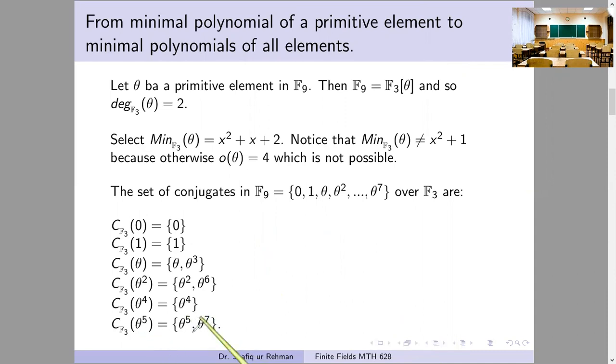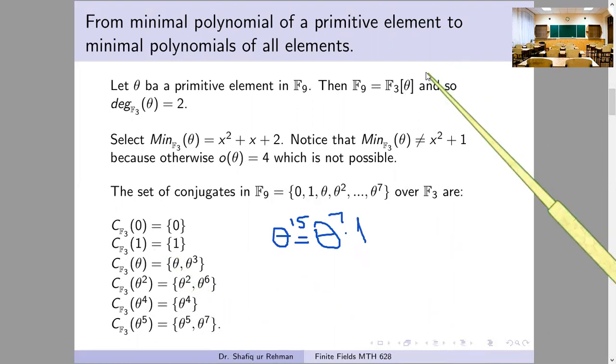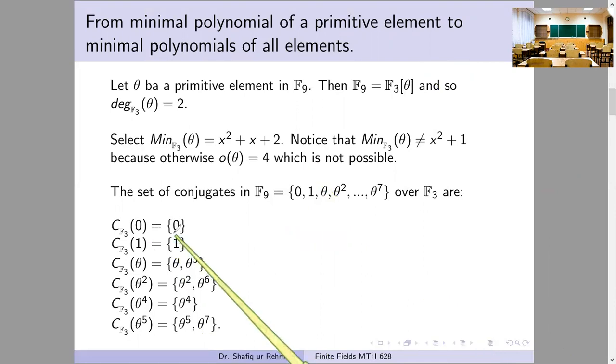Similarly for theta power 5, we write theta power 5, then take the whole power 3, and we will get theta power 15, which equals theta power 7 into theta power 8, that is 1. So in this way we will get all the sets of conjugates, and you know that these sets will make a partition of this field F9. After that, what we will do,